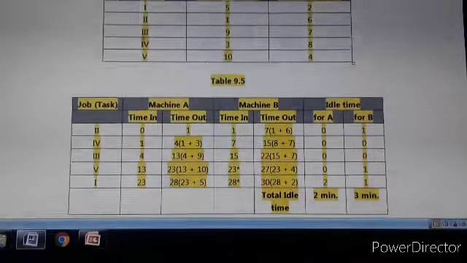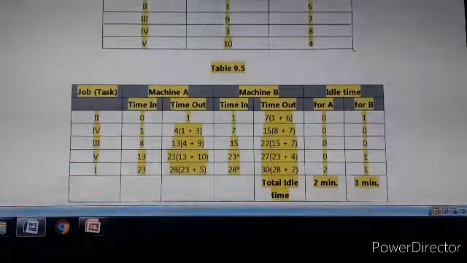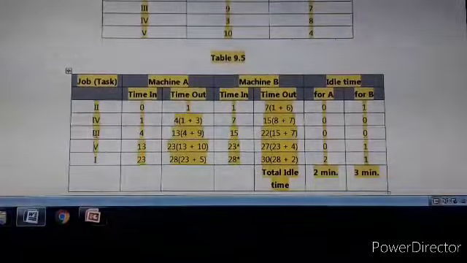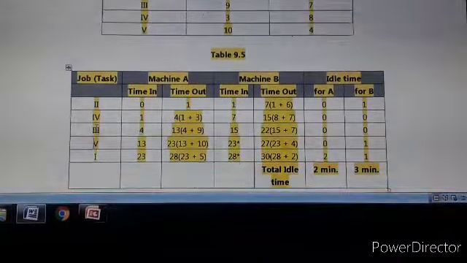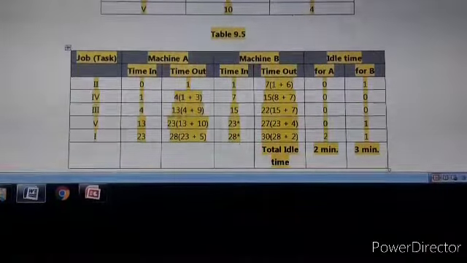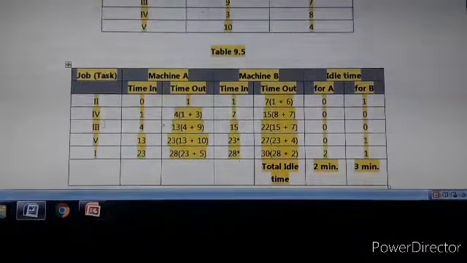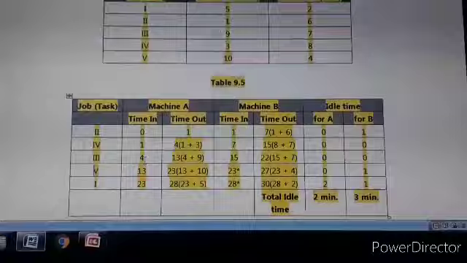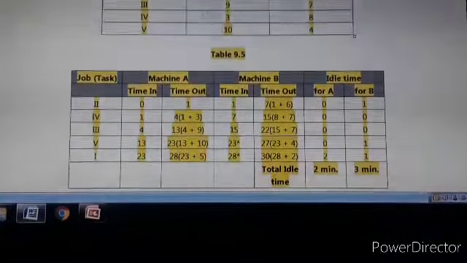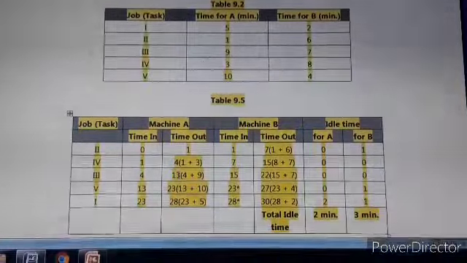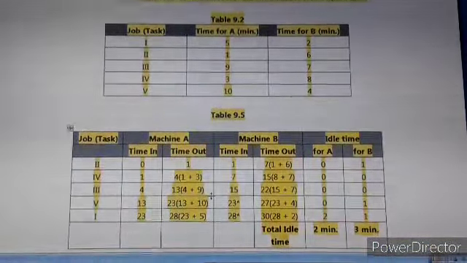Then for job 3, the processing time is 9 minutes. As soon as we finish job 4, we will take job 3. So time in for job 3 is 4, and 4 plus 9 is 13. So time out for job 3 is 13 minutes.